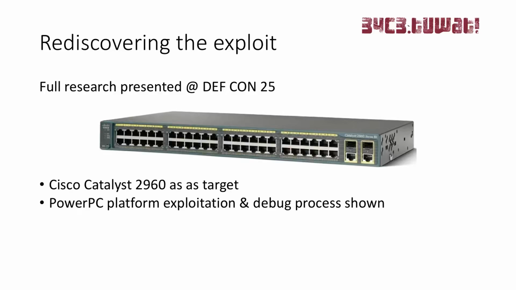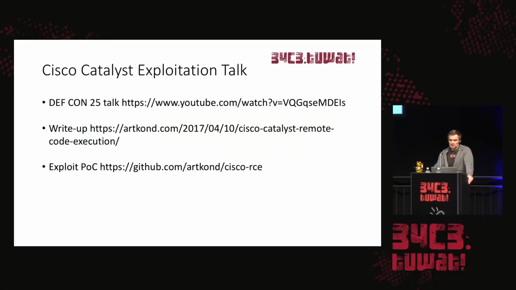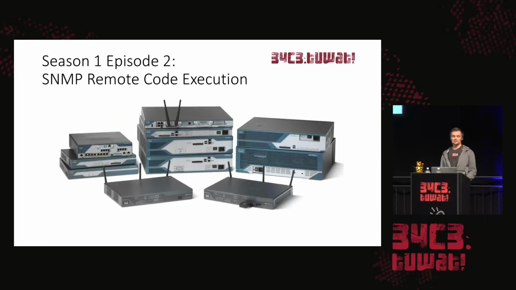So I did rediscover this exploit. The full research was presented at DEF CON 25. I was targeting Cisco Catalyst 2960 as a target switch. I also described PowerPC platform exploitation and the way you can debug it. You can look at my blog post about exploiting this service, and also the proof of concept exploit on my GitHub page. But today, I want to talk about something else, about another vulnerability that was announced this year about